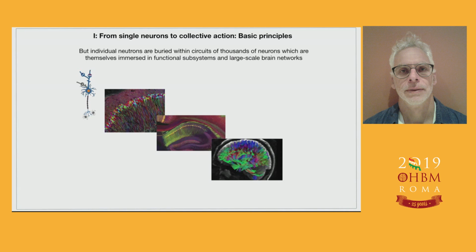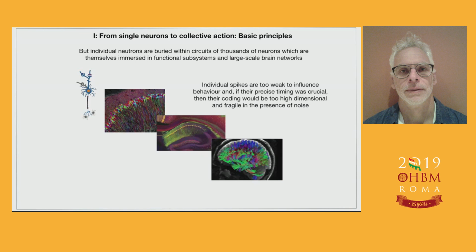So these are buried within ensembles of circuits, which are then embedded in networks, which are then integrated through the connectome. And individual spikes are really too weak to influence behaviour. There are some instances where spike timing makes a difference, but on the whole, because of the noisy nature of spikes, if our cognition really depended on individual spikes, then we'd be dealing with a very ill-defined and high-dimensional stochastic